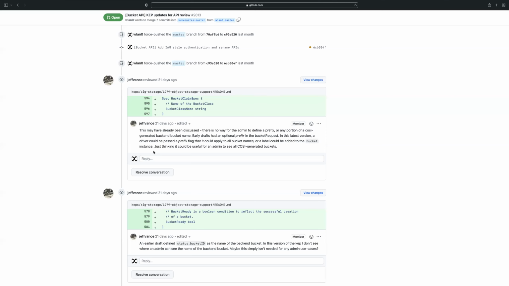Yeah, I think this is something that can be totally viewed as an implementation that the backend needs to deal with. This is something that we've seen with Ceph, using the predecessor to Cozy, the lib bucket provisioner library. Ceph currently doesn't have a way of tagging buckets with information.